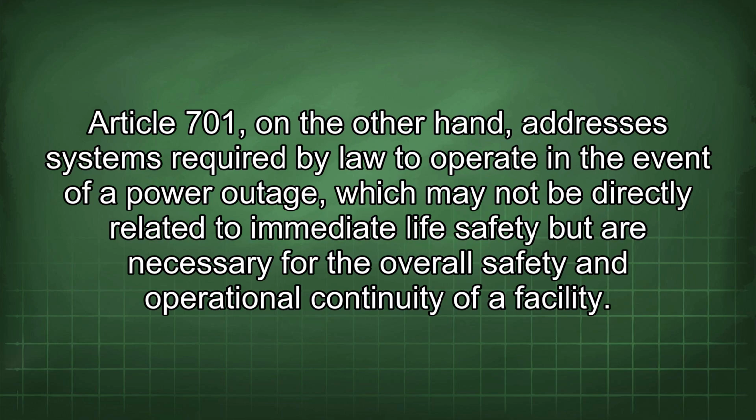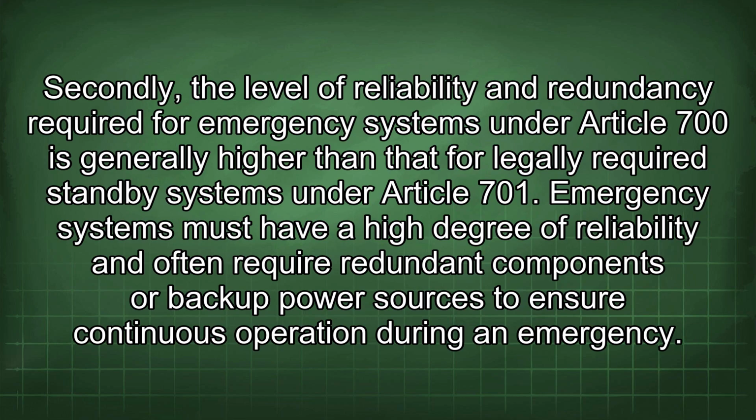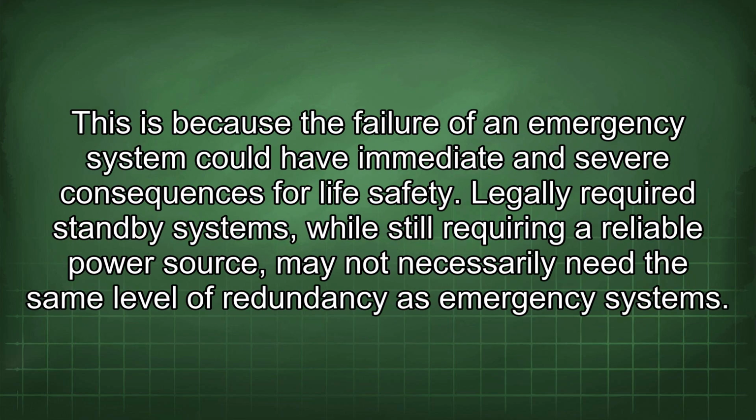of a facility. Secondly, the level of reliability and redundancy required for emergency systems under Article 700 is generally higher than that for legally required standby systems under Article 701. Emergency systems must have a high degree of reliability and often require redundant components or backup power sources to ensure continuous operation during an emergency. This is because the failure of an emergency system could have immediate and severe consequences for life safety. Legally required standby systems, while still requiring a reliable power source, may not necessarily need the same level of redundancy